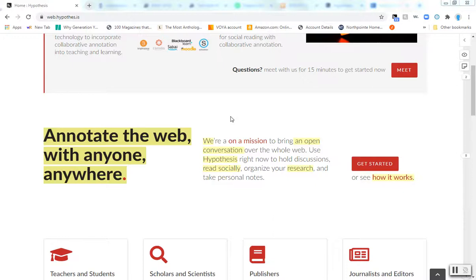Hello everyone. So this is my second example of a digital annotation tool. This one's called Hypothesis. Whereas the last service, Edgy, was upload based, this service is more web based. Instead of only being able to annotate stuff you upload, this one, on the other hand, lets you